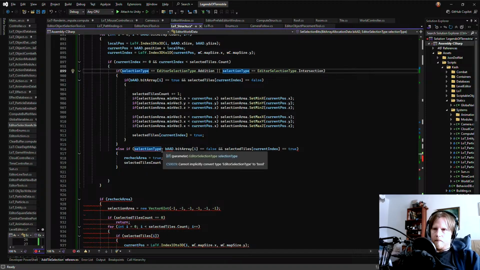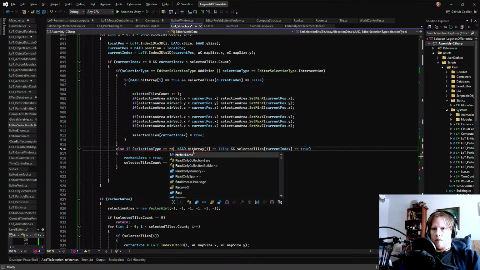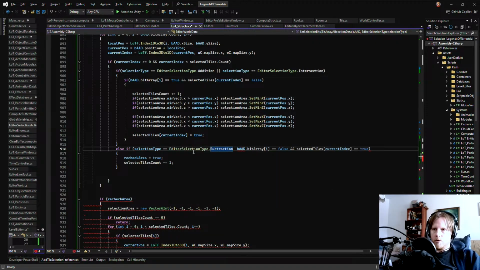Like that. And then if selection equals remove, subtraction.